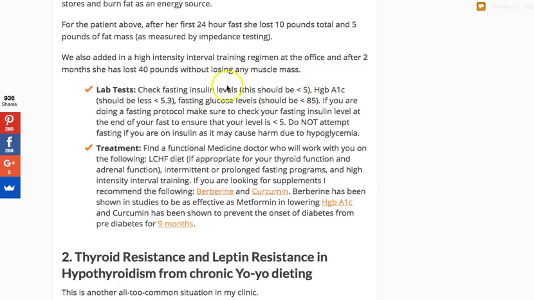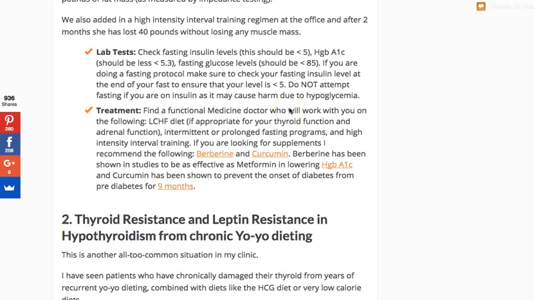You can see all of this in the blog post, okay? And then I also like fasting blood glucose to be less than 85. In terms of treatment, that can get a little bit tricky, but what I would recommend, and I'll include some